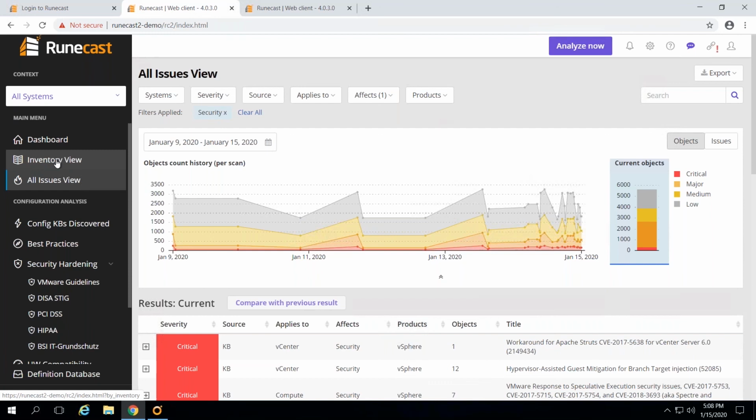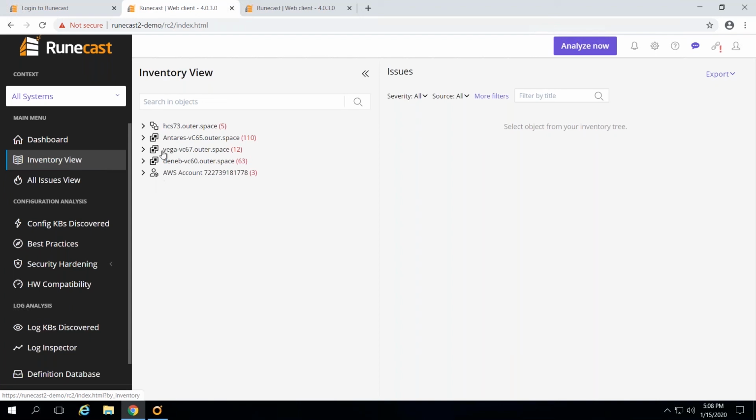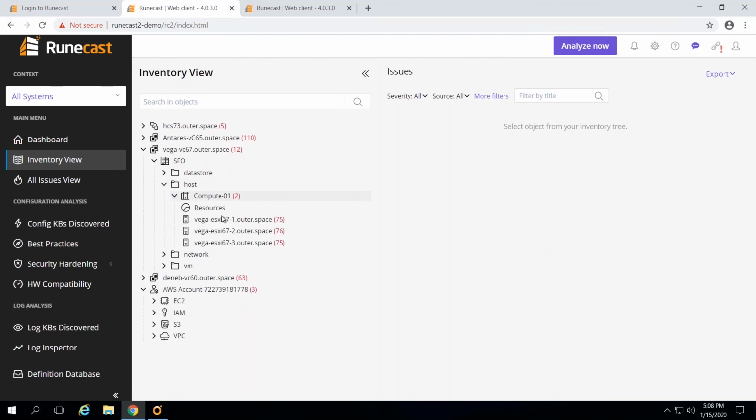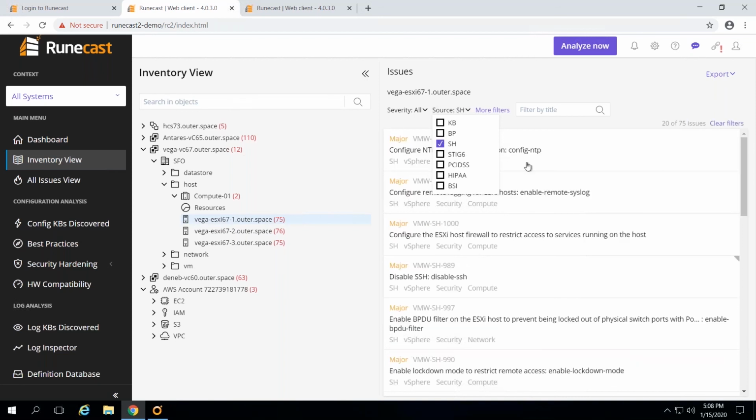Before I move back to the slides, the last thing I wanted to show you is the inventory view here, which is also very useful because you can browse through the entire hierarchy of your on-prem VMware environment or your AWS environment. And you can focus on specific objects, like if I want to see all the issues that are detected for a specific host, I can focus also on, for example, just best practices or maybe just security hardening guides, and I can see everything without switching screens, so everything can be displayed within the same screen. All right, so let's move back to